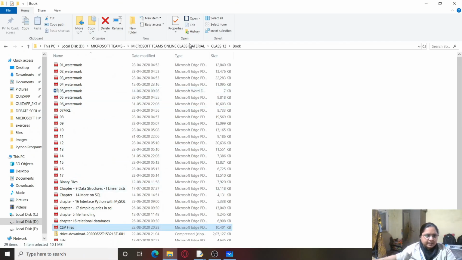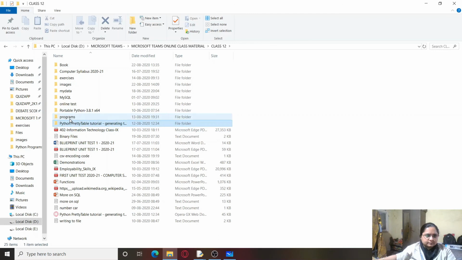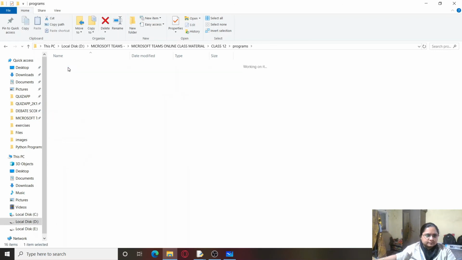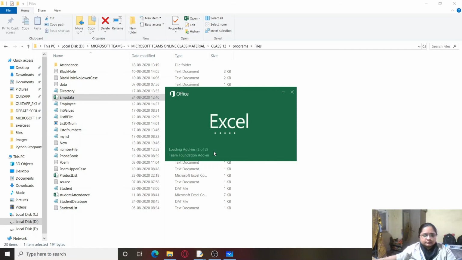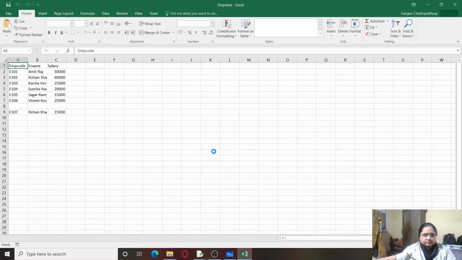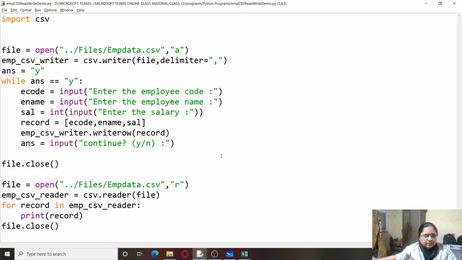Let us open the file and check it once. Yes, an empty line has also been added over here. So let us check. There might be some problem in our program over here.